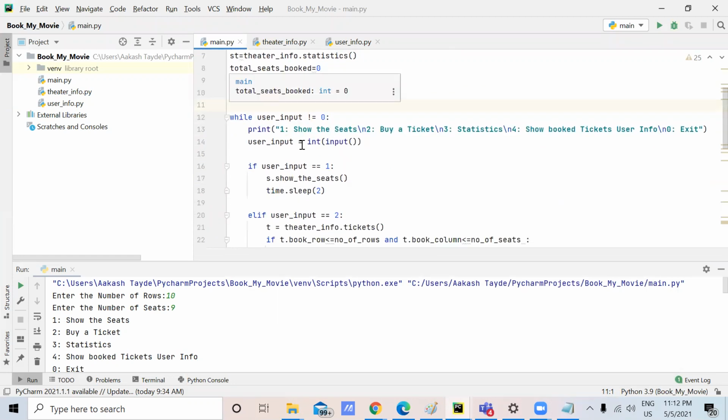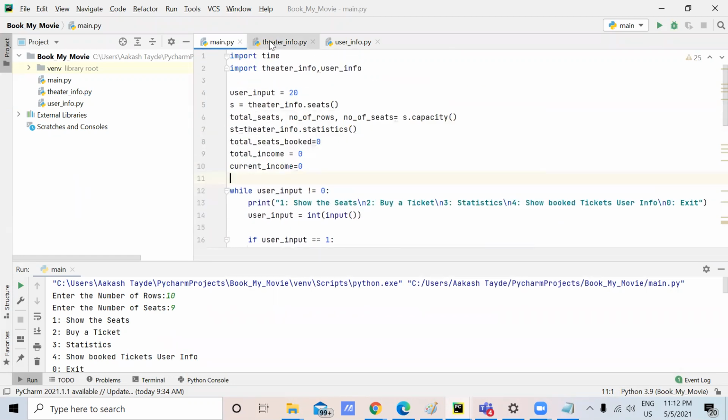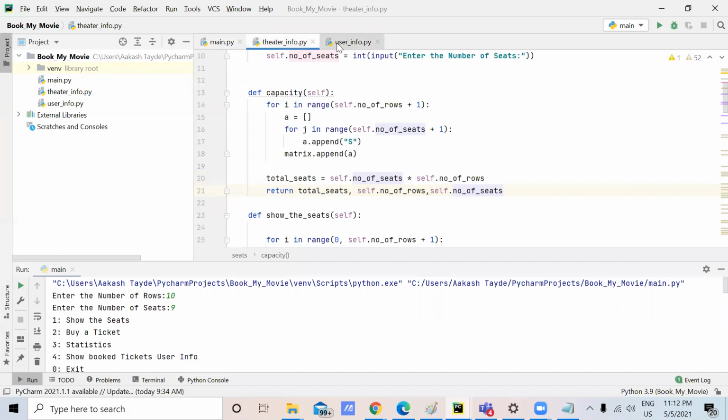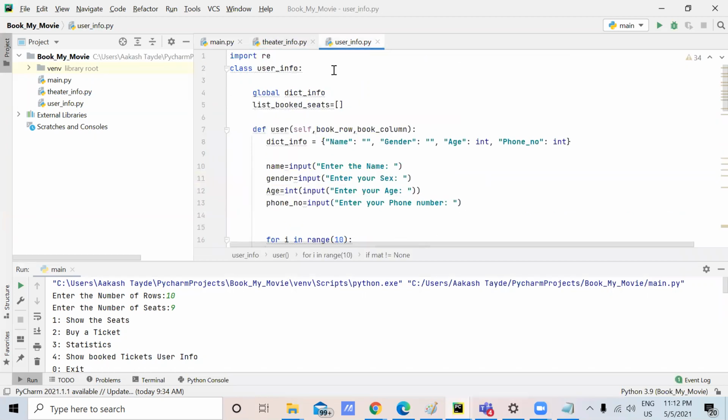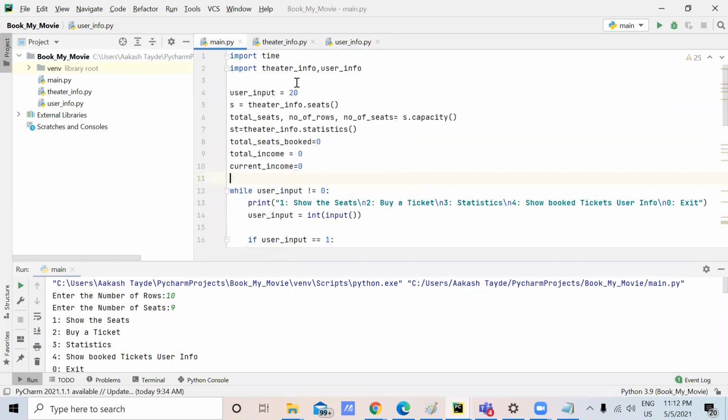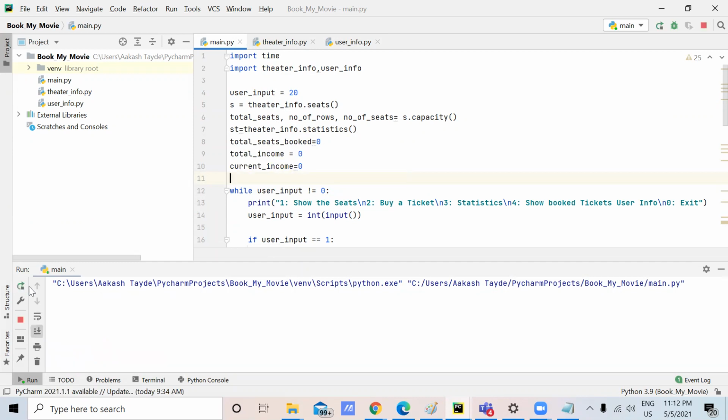So this is the code which we have written. It has three modules: the main, theater information, and the user information. I'll just run the code and accordingly I will be explaining what is happening inside the code. If I run the main file, it will ask me to enter the number of rows. That is, we are deciding here the capacity of the theater.